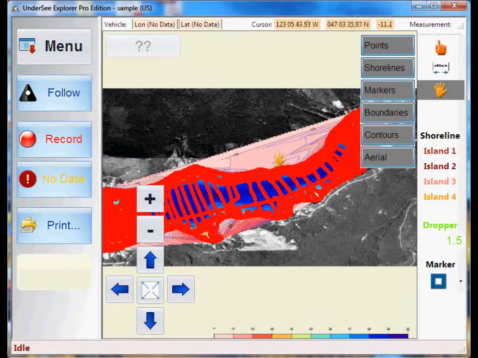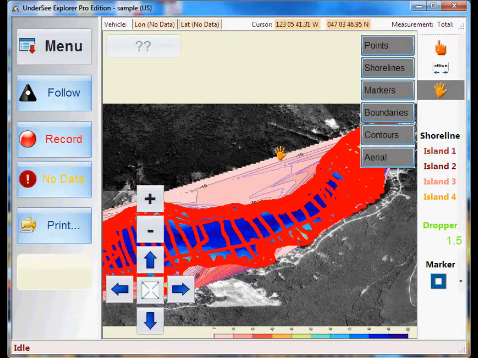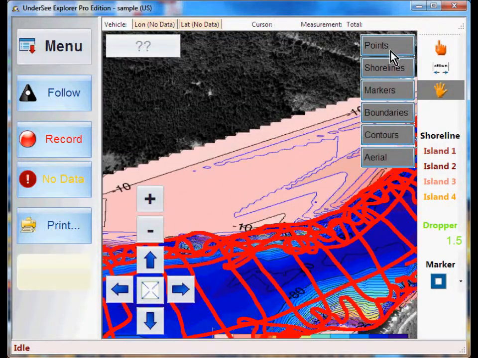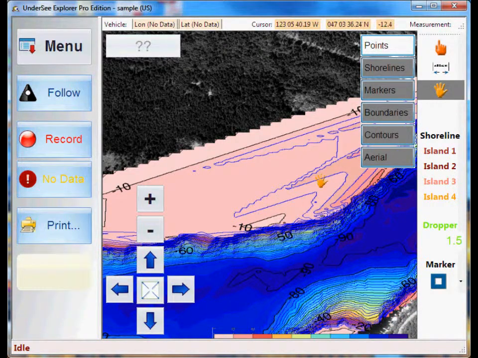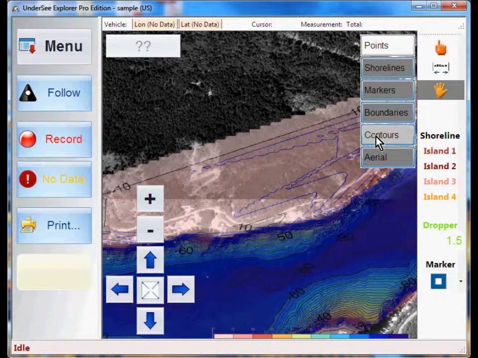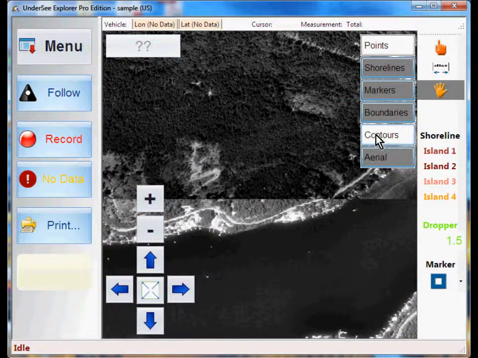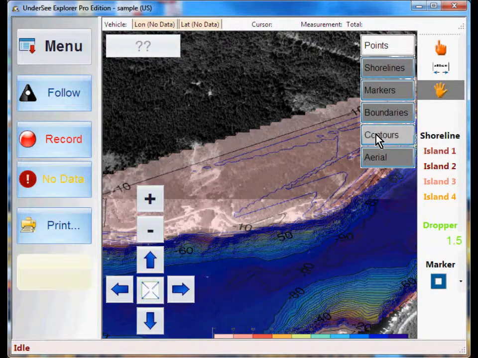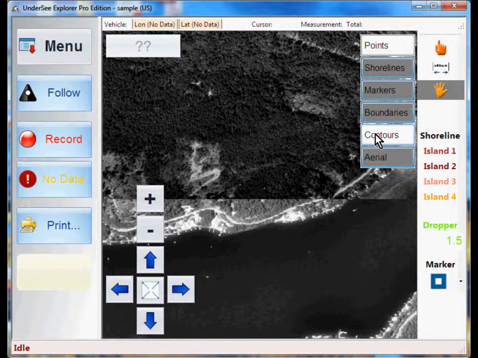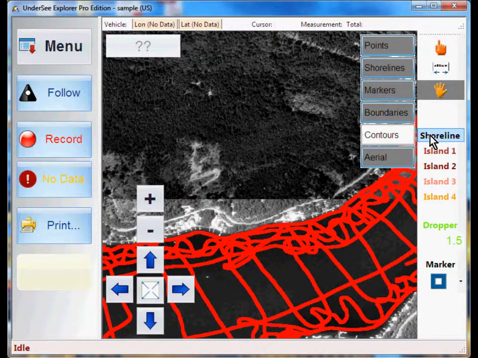So if we zoom in here, I'll turn off the points, we can see that these contours go way outside of the actual edge of the lake. So if I turn the contours down or off, you can see that there's just land over there. There's not actually contours over there. So what we do to fix that is we're going to use the shoreline tool,